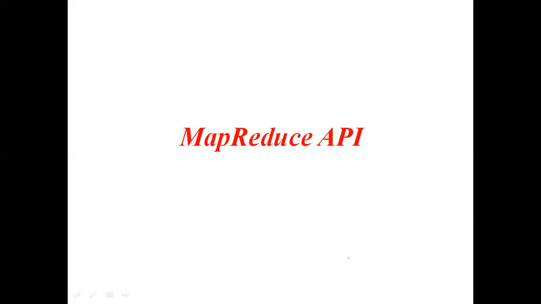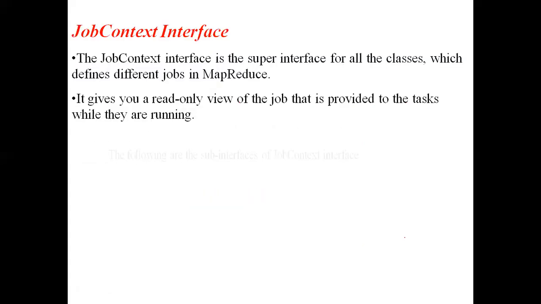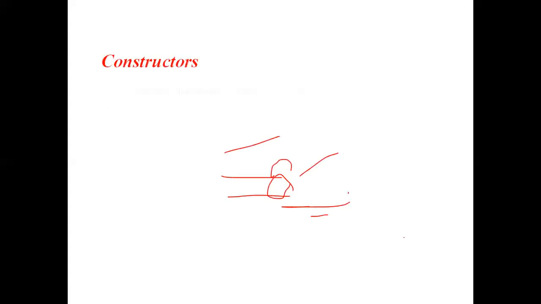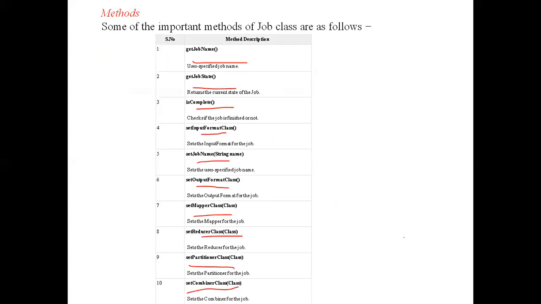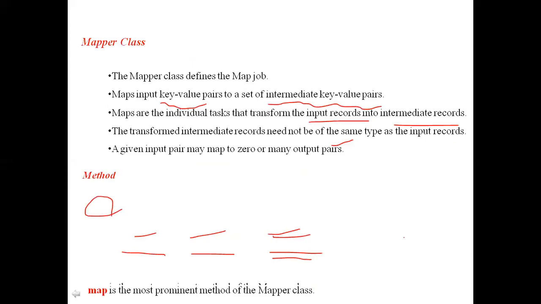This is briefly about today's topic, differences between MapReduce new API and old API, and totally this is about the concept of the MapReduce API: the Java MapReduce API, what the important classes are, and what the differences between the old API and new API are. Clear? This is totally about today's concept of the MapReduce API.